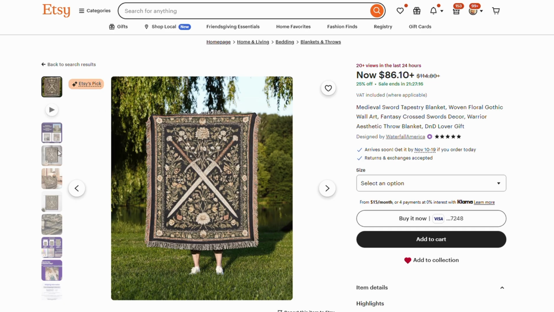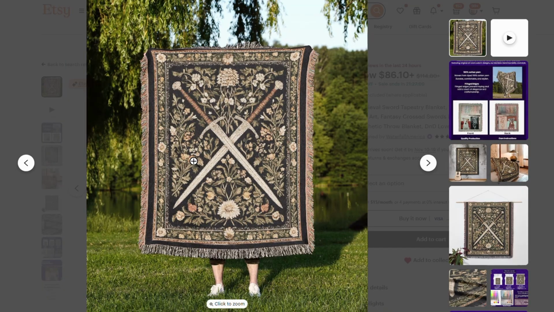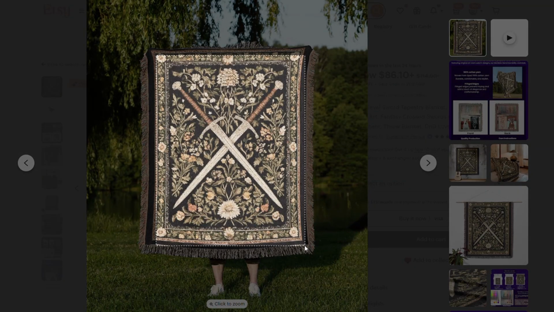So let's create something similar to this one. It's clearly doing well with tons of reviews and 20 plus views in the past 24 hours, so that's pretty good. All right, so we move on to step number 2, which is we send this design idea to Gemini